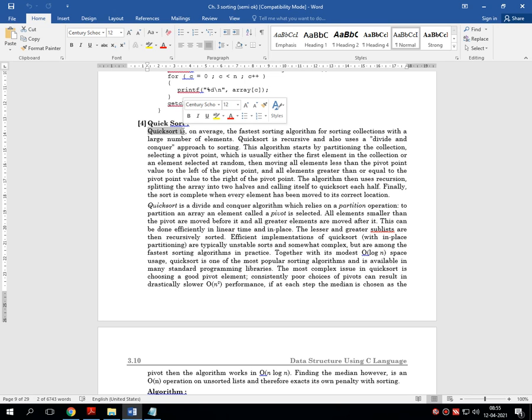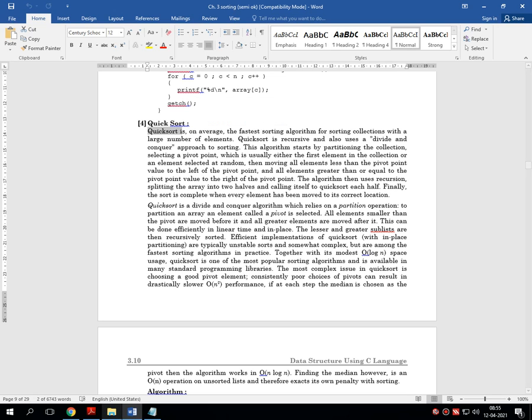One new word is introduced here: pivot element. We will discuss it in more detail in the algorithm. But what does a pivot element mean? The pivot element is the element or number which is in the central part of the entire list.